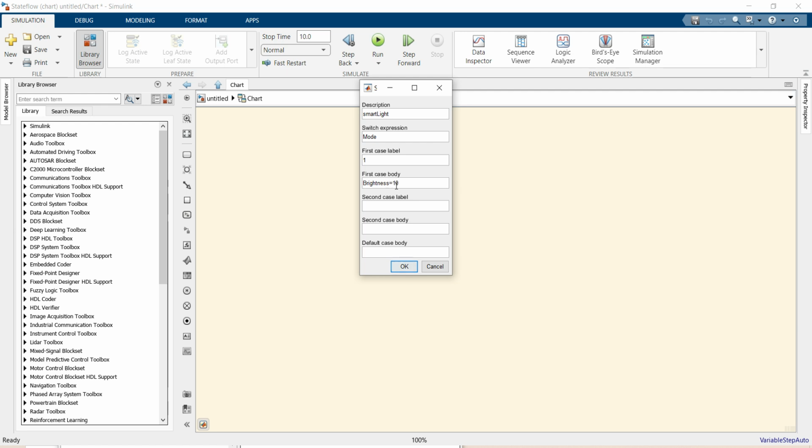brightness equals 10. When mode 1 is selected, our brightness will be 10, and the second case label I'm taking as 2, and the second case body will be, when mode 2 is selected, in mode 2 we need brightness a medium value like 50. And for the other cases, other than 1 and 2, the default case body I want as brightness will be 0. So this is the condition of our model, and click OK,